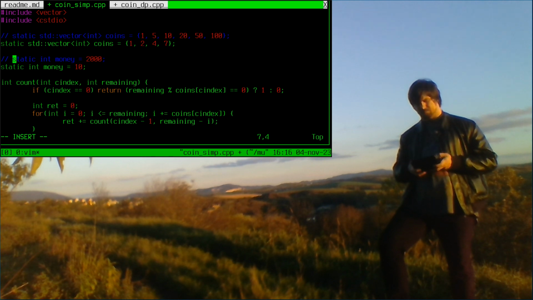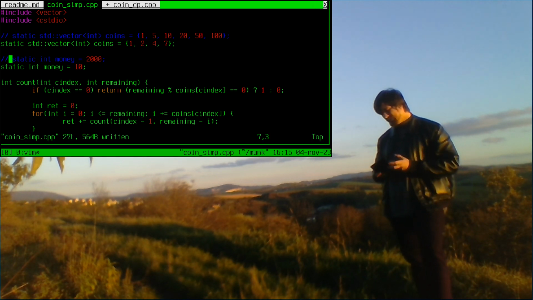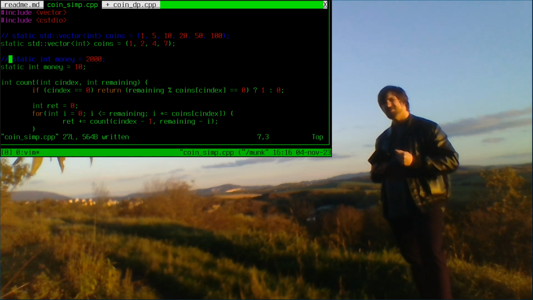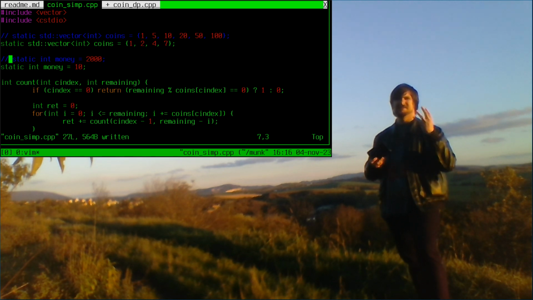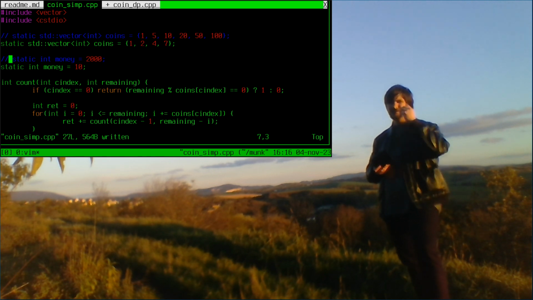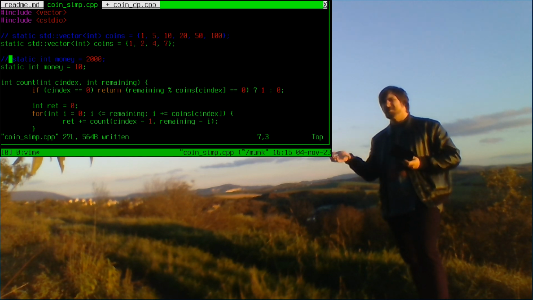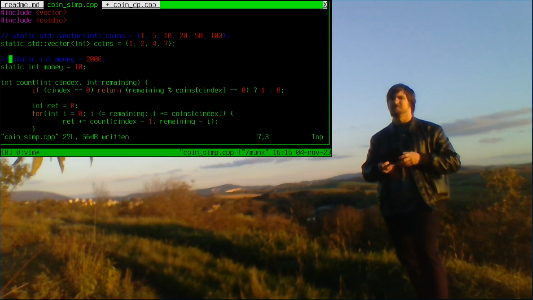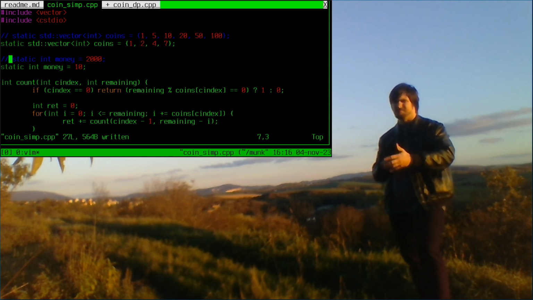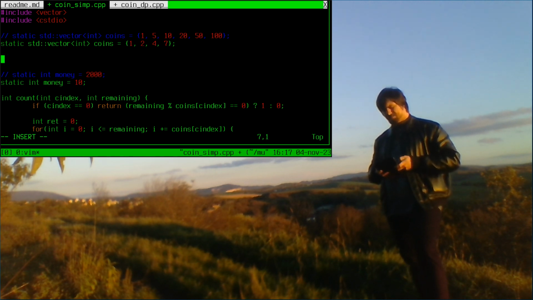Okay? That makes the problem much simpler. So we now have $10 to exchange with only these 4 kinds of pieces. And you already see that the $7 you can only use once or 0 times, but maybe we will also approach the problem from a different direction, going from the lower coins to the bigger ones, unlike the previous recursive solution. So what we can do is think about how many ways we can solve this problem